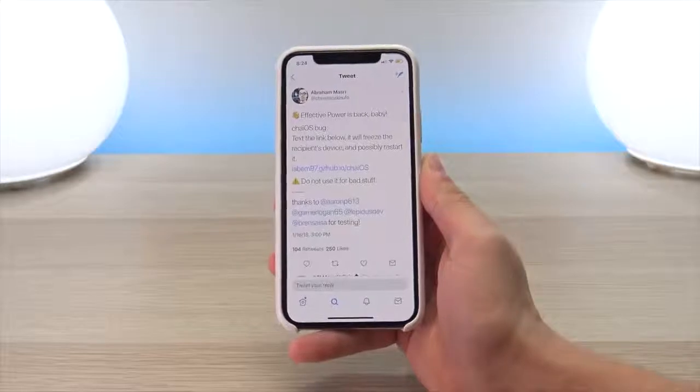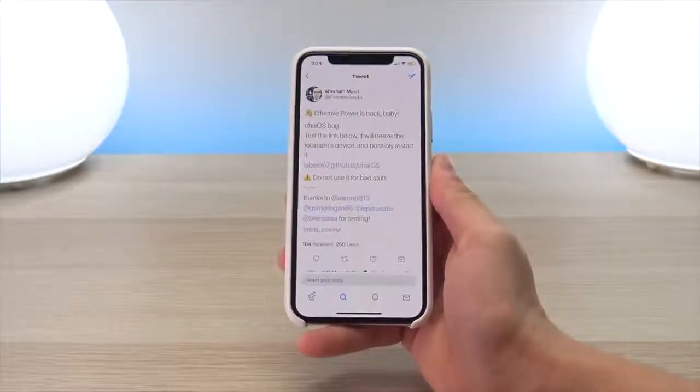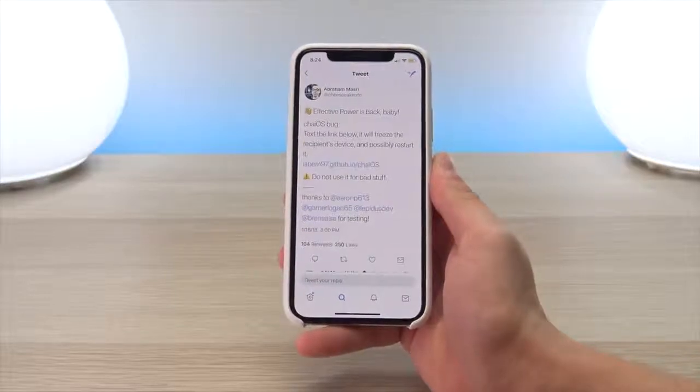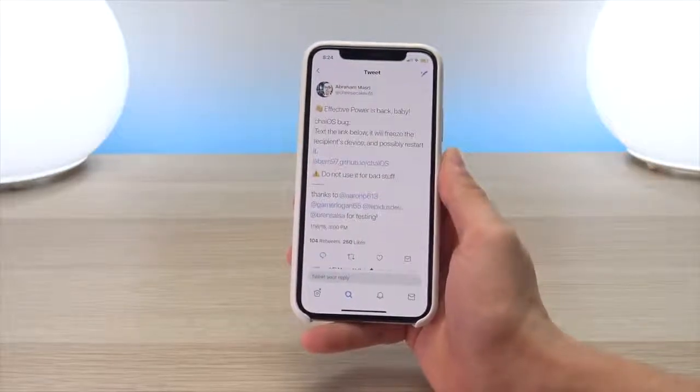And interestingly enough, like I said, this bug not only affects the Messages app on iOS, but macOS as well. It froze my entire Messages app on my Hackintosh. So that's just kind of a fair warning. I could see this link being used to send to your friends to crash their device and freeze their device,